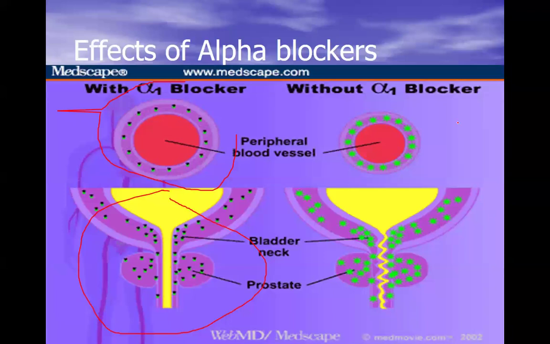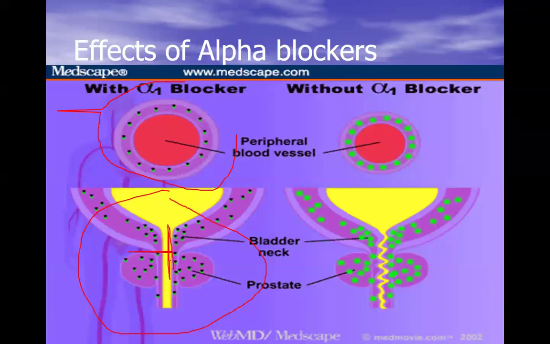So when the alpha receptors are activated, you see those green marks. These are agonists binding to the alpha receptor, leading to vasoconstriction and contraction of the smooth muscles. So this bladder is constricted, the sphincter is constricted, and there is difficulty in flow of urine. You give an alpha blocker, it binds to this particular receptor, causing vasodilatation out here, and it binds to this receptor out here, that decreases the tone of the bladder, and this decreased tone leads to a smooth